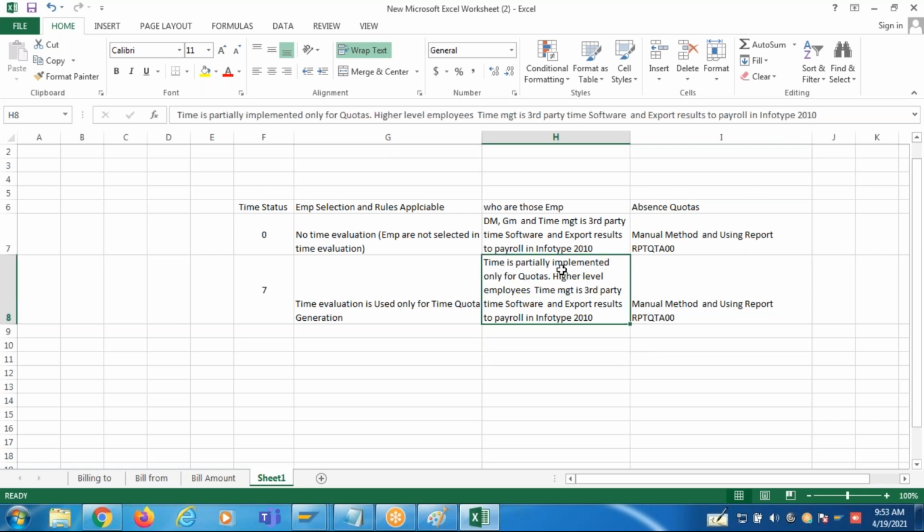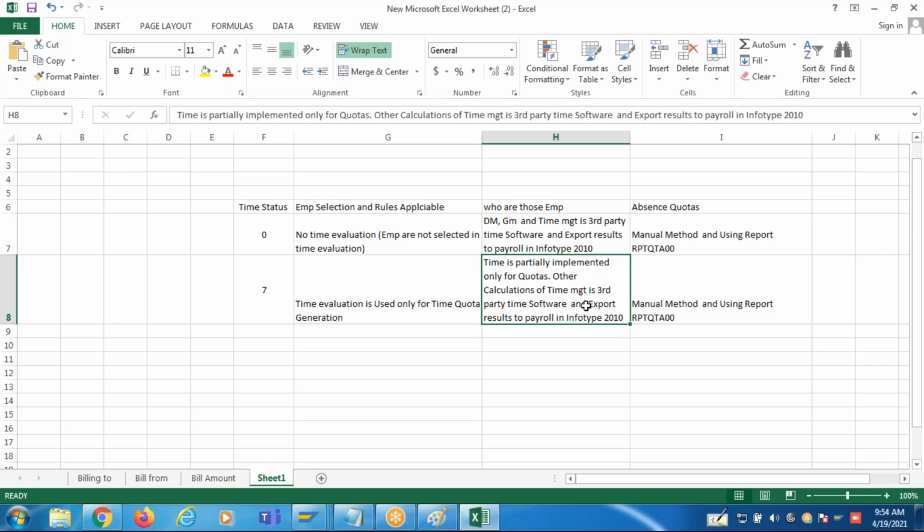So time is partially implemented in SAP, and the actual balances are calculated in the third party system. Either way, guys.